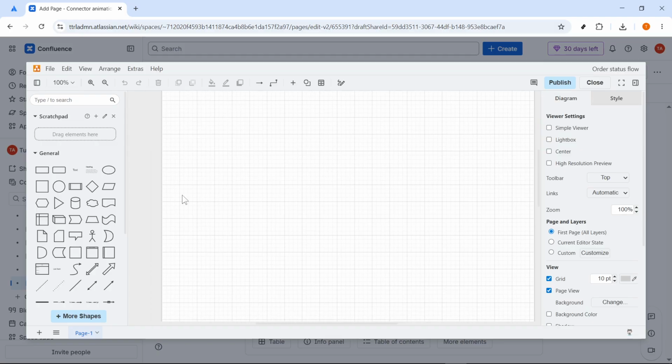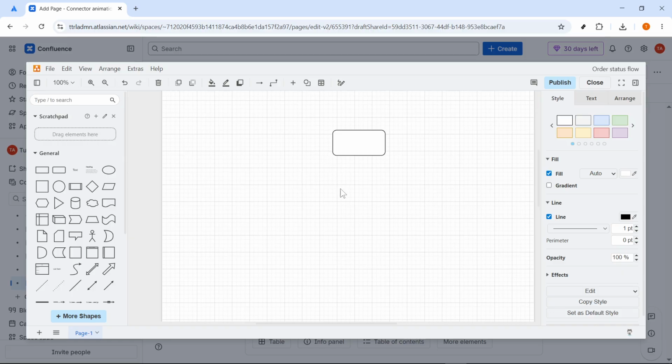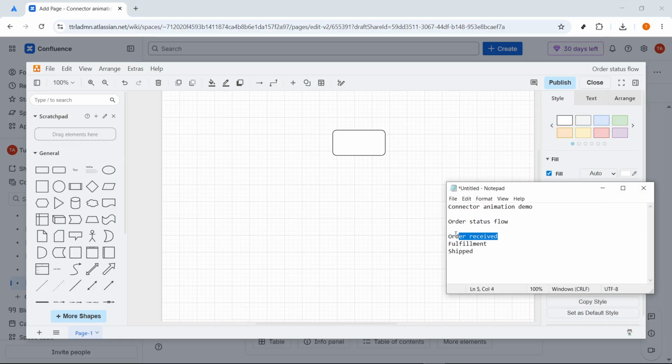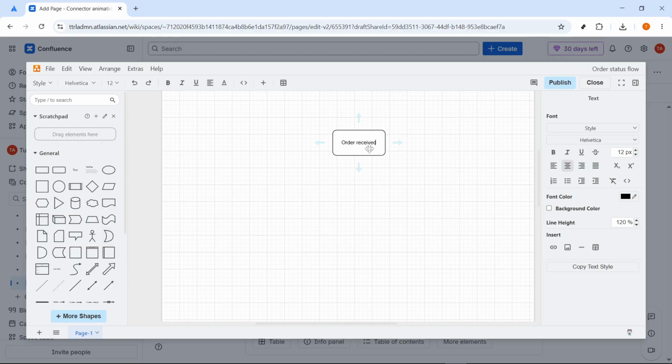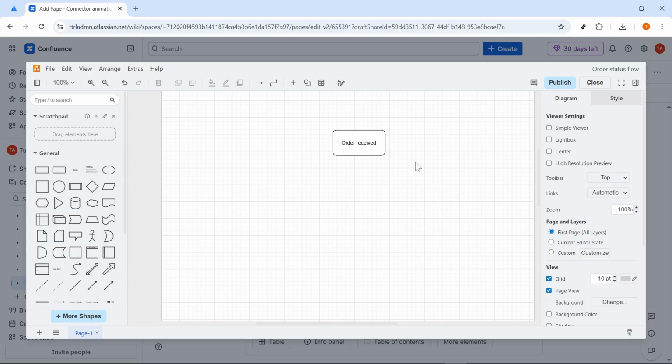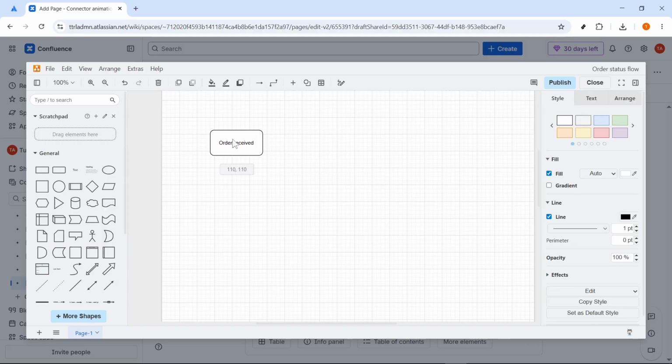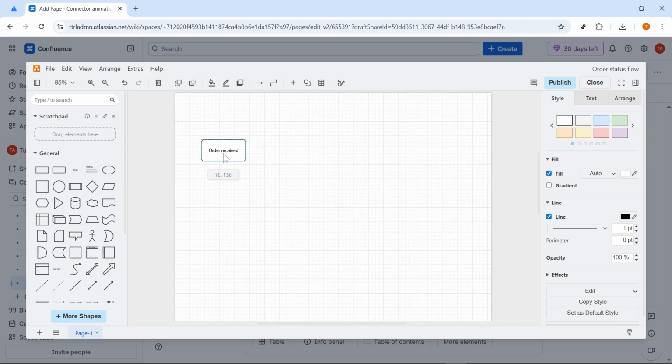On the left side of the draw.io editor, you'll see the shape library. Drag a rounded rectangle shape from that library onto the left side of the canvas. Double-click inside the shape you just placed and type the first status label, for example, order received. Drag a second rounded rectangle shape from the left shape library and drop it in the